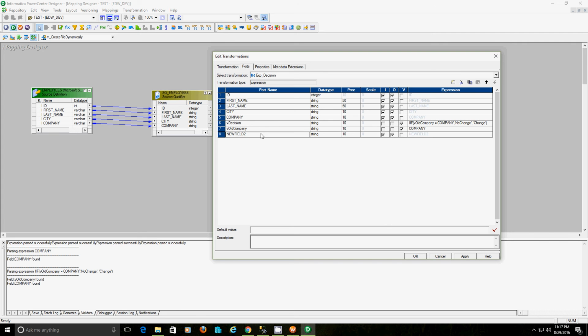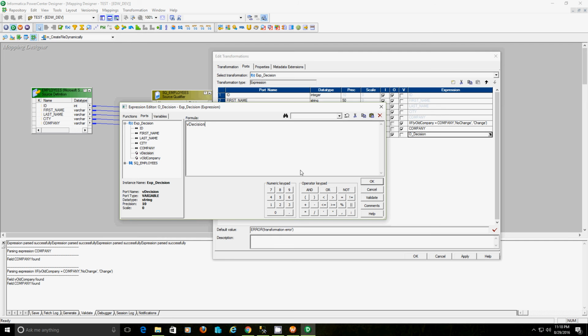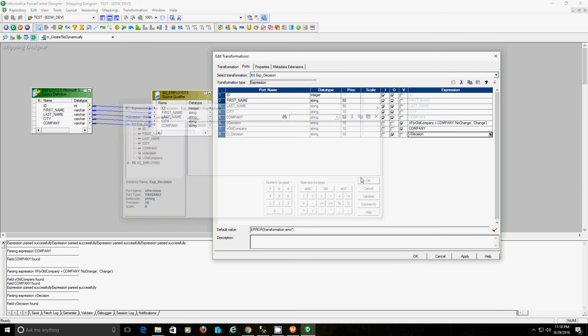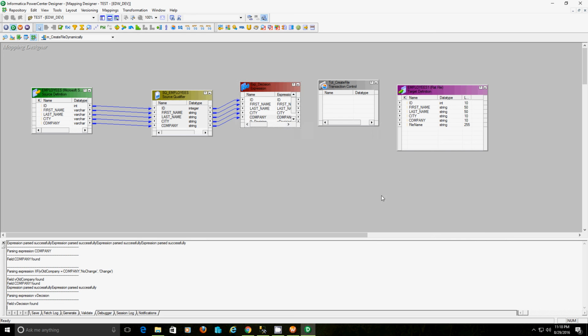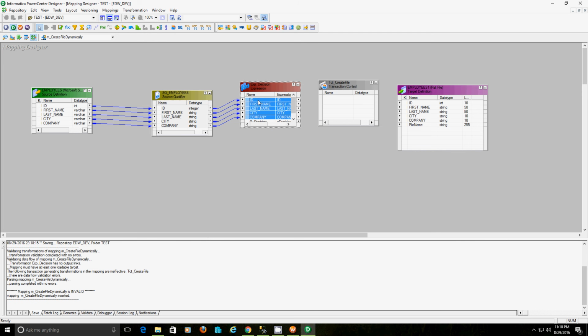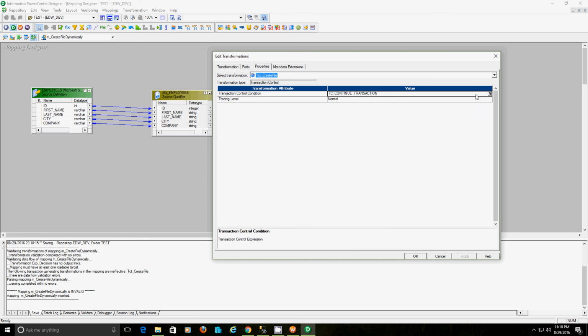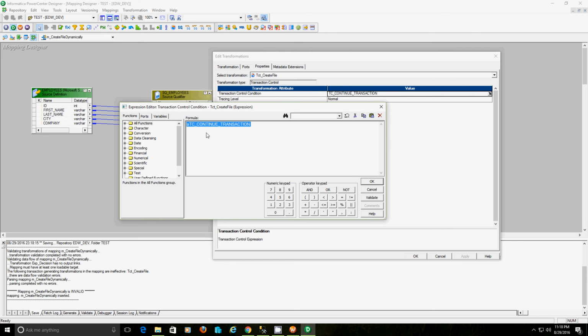And this decision will pass to the transaction control transformation using an output port. We will commit the transaction if the output decision has the value change.